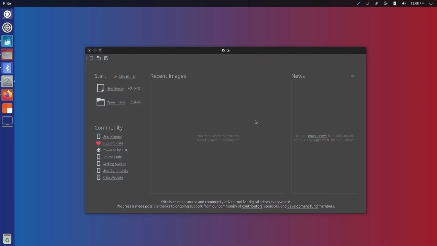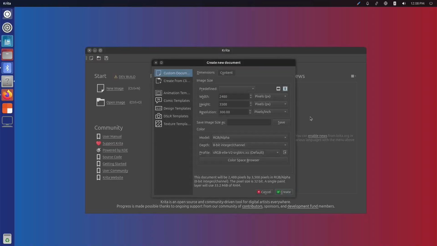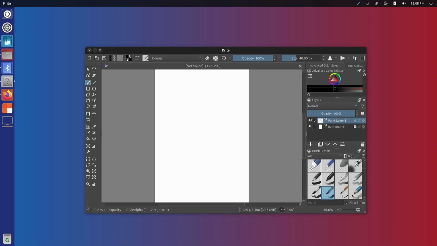Okay. I'm just gonna hit Control N for new image. Yeah, that's all fine. I don't care. And we go over here. Yeah, it's even accepting the pressure sensitivity. Again, the model of this is the Wacom Intuos, model number O. Is that an O or a C?